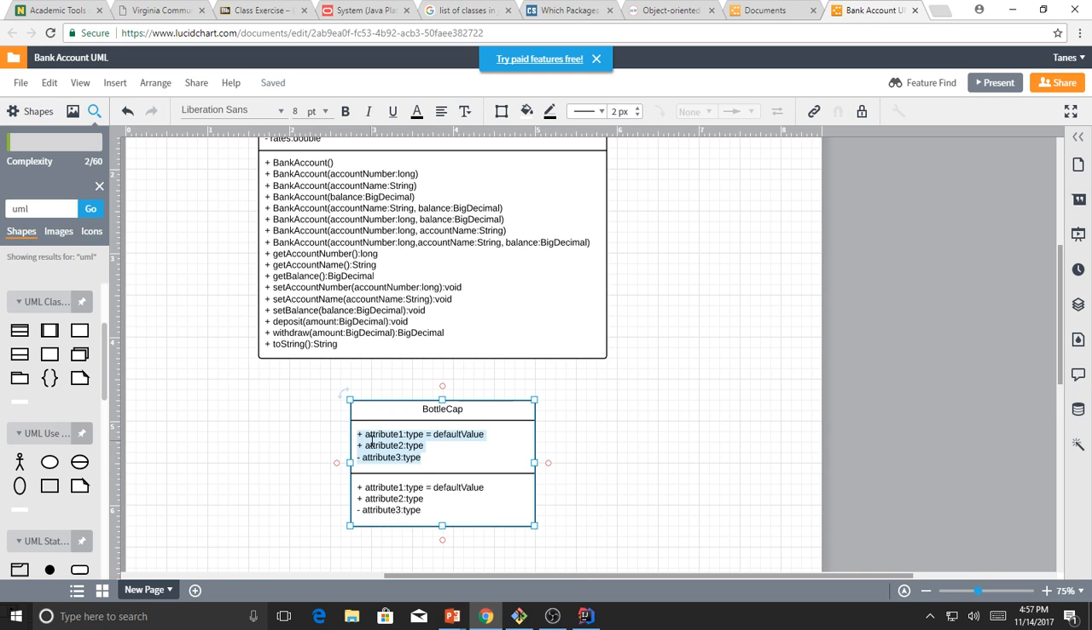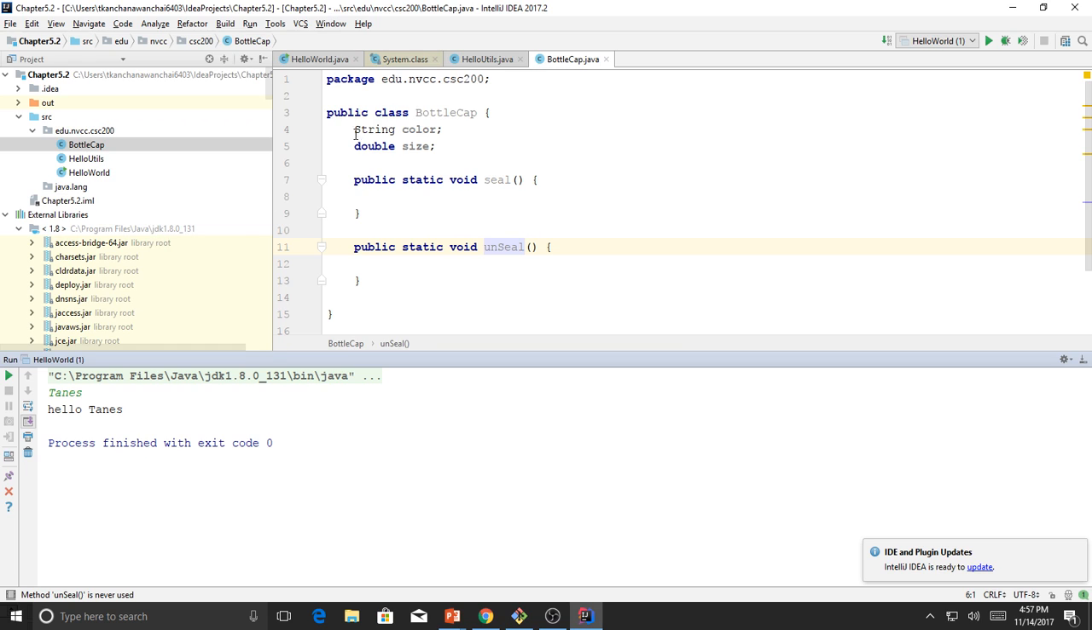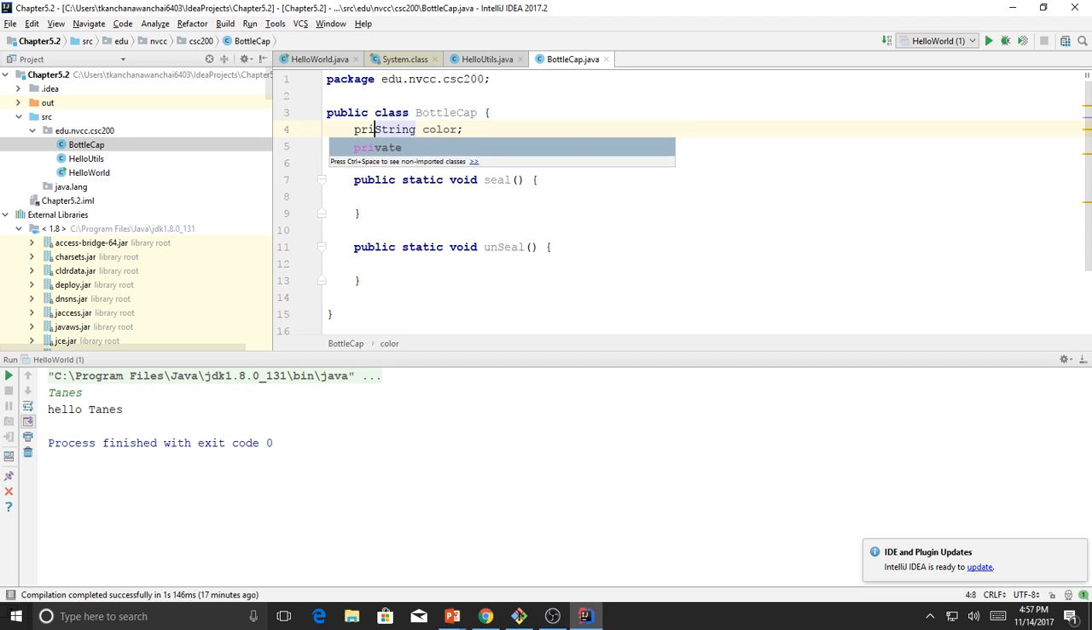Attributes are just those variables, right? Or the characteristics of your class. What are the attributes? Now we have plus and minus. If you don't put anything, that is called default. If you put private, that's minus. If you put public, that is plus. This is just telling you the scope of